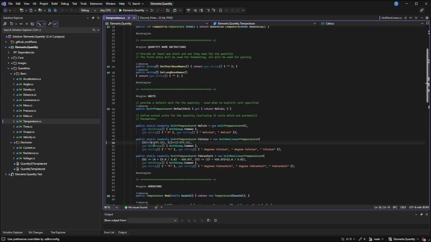The Kelvin to Celsius adjustment is minus 273.15. So at 0 degrees Celsius, you're 273 degrees Kelvin, because there are 273 additional degrees of